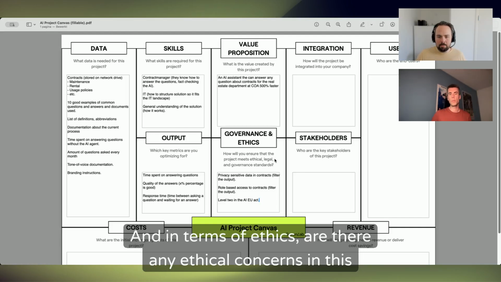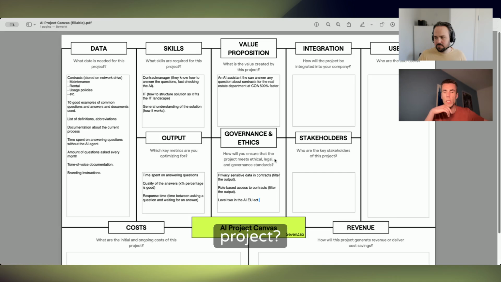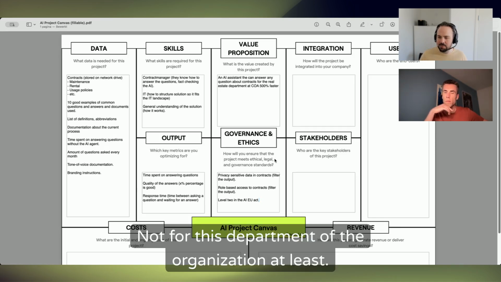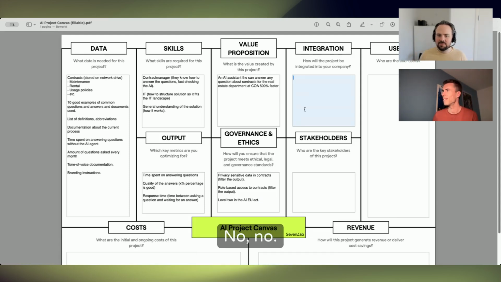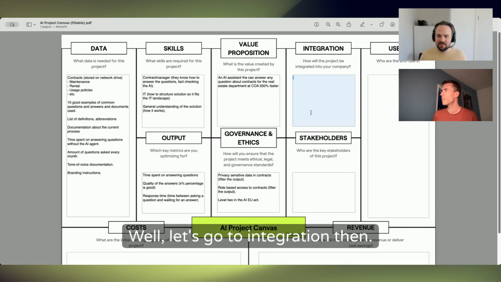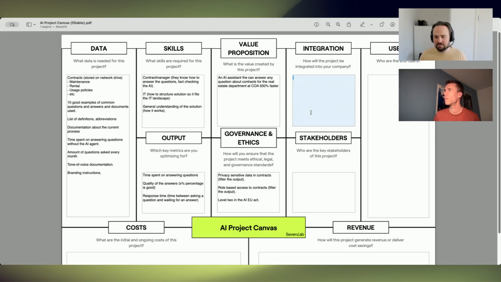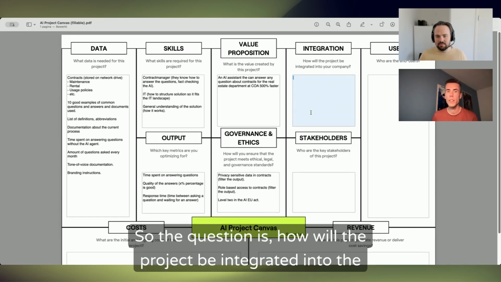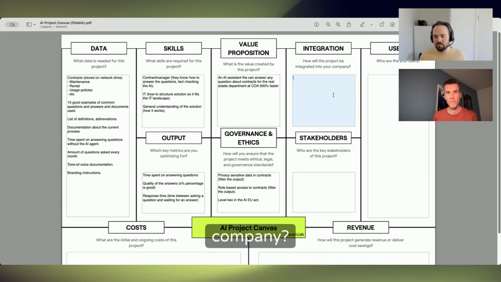And in terms of ethics, are there any ethical concerns in this project? I don't think so. Not for this department of the organization, at least. No. Well, let's go to integration then. So the question is, how will the project be integrated into the company? Probably